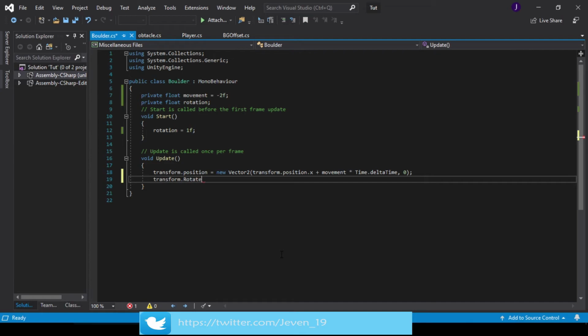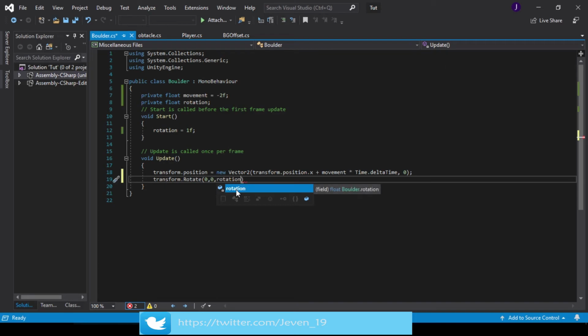For this rotation, for the x, we're not going to rotate it on the x. Same thing for the y, but for the z, which would give it the illusion of moving or rolling like a ball or a stone, cornerstone, we want this to be our rotation,